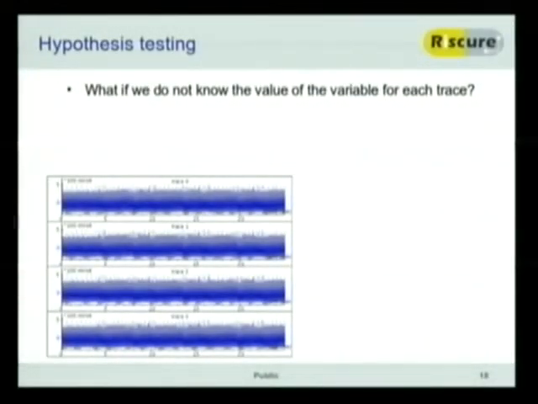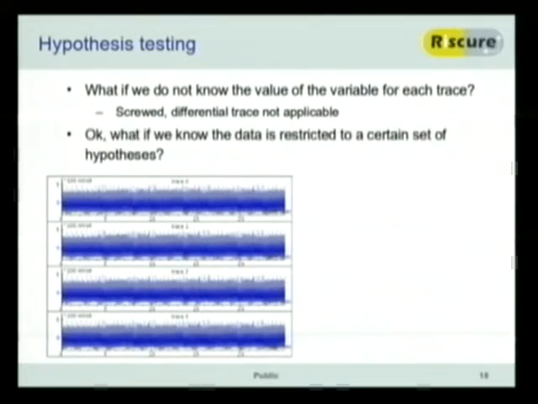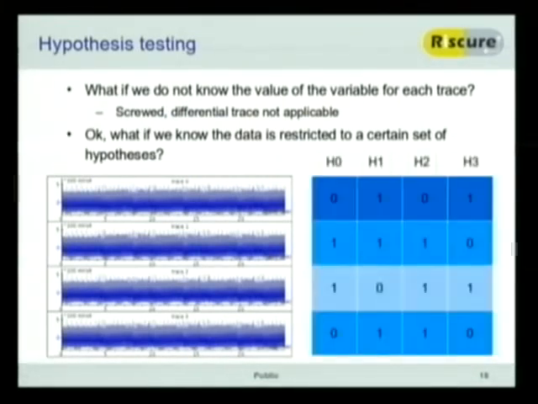Now, that's all great, but what if we don't know the value of the variable for each trace? Well, basically, we're screwed. You need to know the data. But it's not as strict as that. It also works if we know that the data might be restricted to some collection of data. So, for instance, let's say we've taken, in this case 4, but n traces, and we know that the data is either 0, 1,